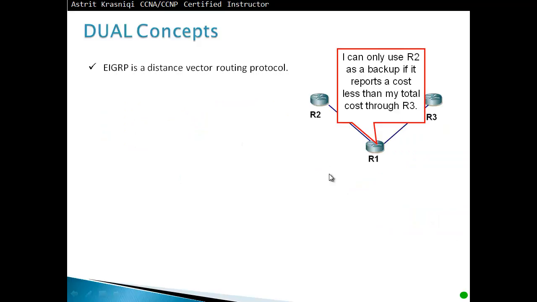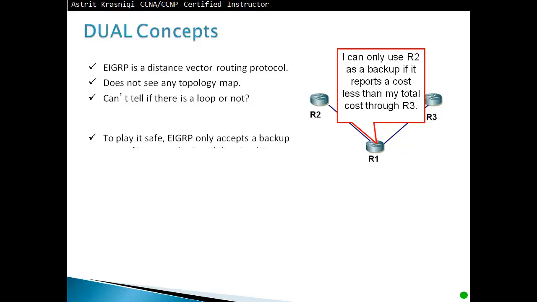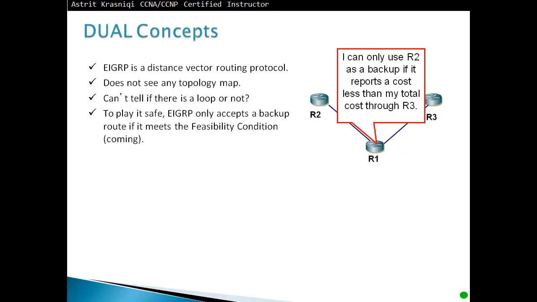So EIGRP is a distance vector routing protocol. It does not see the topology map, so it can't tell if there's a loop or not. To play it safe, EIGRP only accepts a backup route if it meets the feasibility condition. Router 1 will only use router 2 if router 2's metric to the network is less than